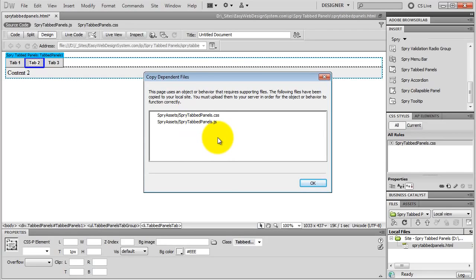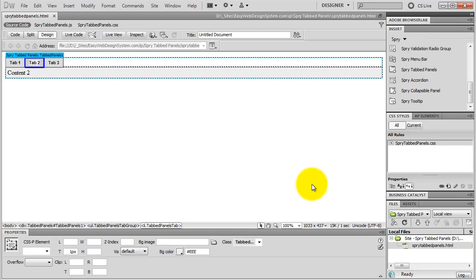And Dreamweaver is saying that these two supporting files have been copied to a local site to make our Spry tab panels work. One of them is a CSS file, the other one is a JavaScript file. I hit OK. And now if you take a look at your files, just hit the refresh button or F5 and you will see we've got this new Spry assets folder containing the supporting files,